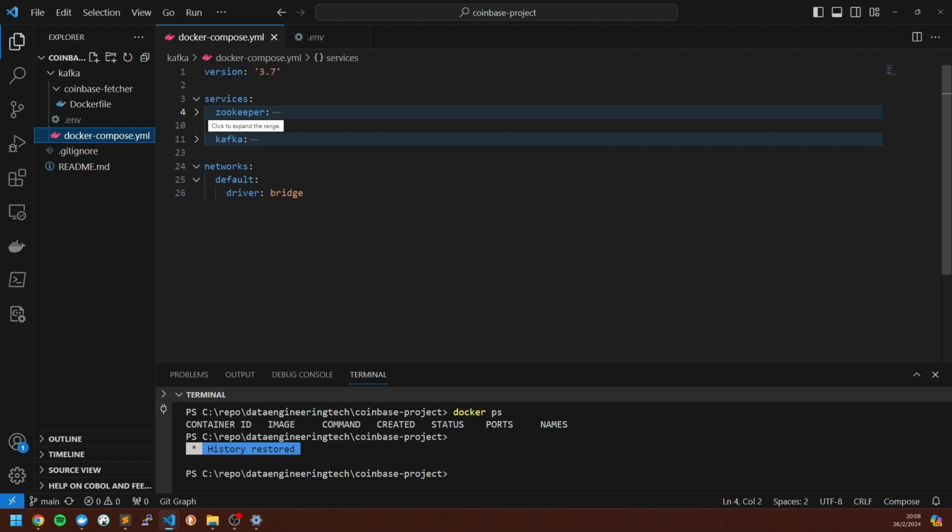This file has two principal services, Zookeeper and Kafka. The main reason is that we need to catch the information from the API, and the one responsible for that is Kafka. The idea is we need to configure both services. Well, after configuring both services, the idea is to develop the fetcher, the way to collect the information from Kafka,